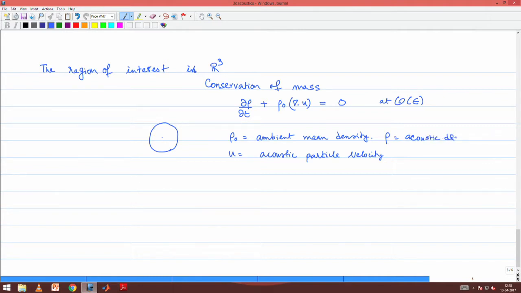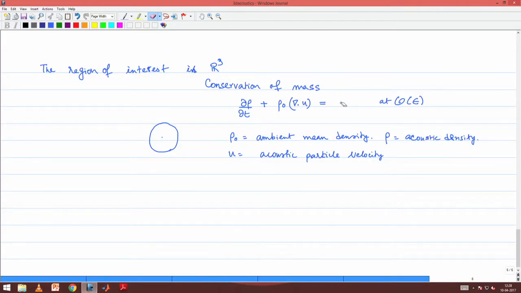That means the total density is the ambient density plus a fluctuation over it, which is the acoustic density. So, when we did the derivation for the wave equation at order epsilon, we had this expression. If you turn back to your notes, that is what you are going to find. But now, this expression needs to be modified. Instead of getting a 0 here, you are going to get a change in